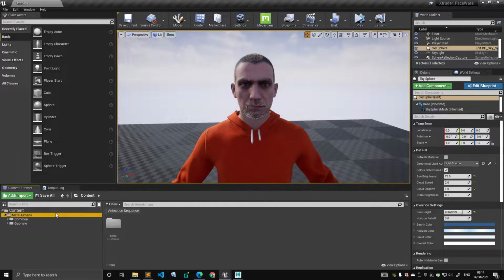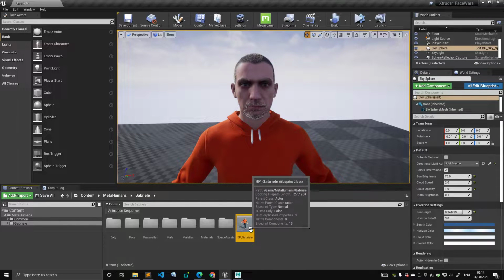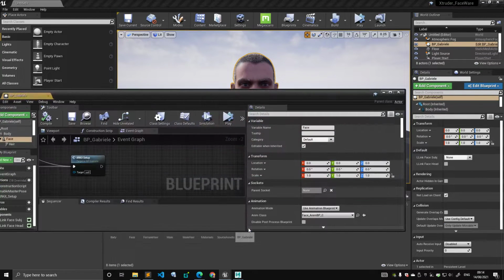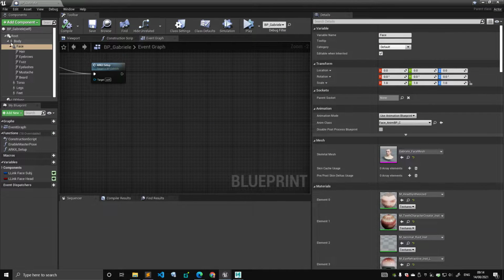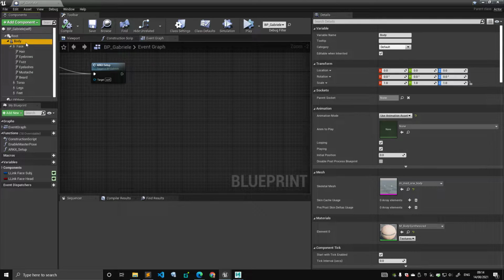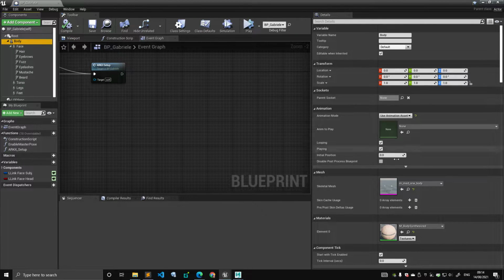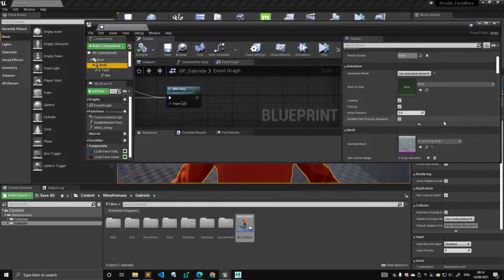So the first thing that you're presented with in this folder is where everything starts. It's the blueprint of the character. Let's open it. The first thing you have in the blueprint is a body, and it's a body skeletal mesh. If I browse to this asset,